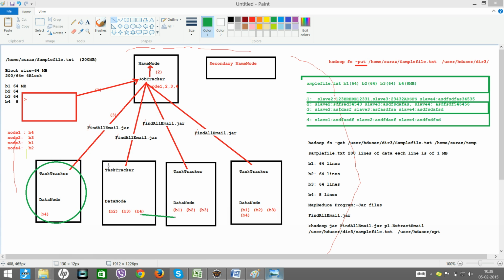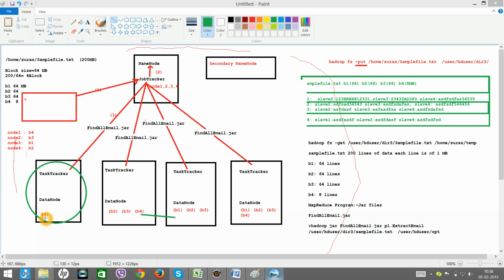By that time the other nodes are free, because all of them have processed B1, B2 and B3. B4 is not processed, so the job tracker will assign that work to some other node. Let's say this node. It will say, you start processing B4. So this task tracker will start processing B4, and here also the process will go on. It will not kill it.